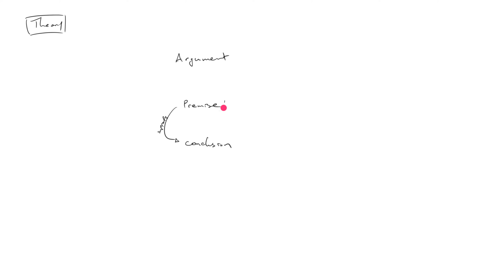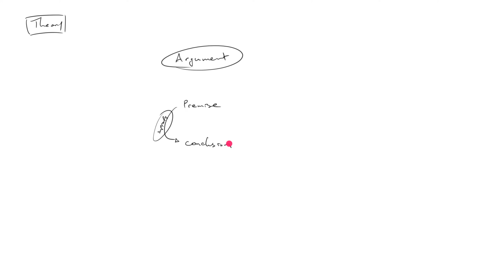Now you might wonder, what is a premise? What is a conclusion? See, I just defined one term with two other terms, and it doesn't really help if you don't know what this term means and you don't know what this term means. So the definition of these two terms is really simple. A premise is just a claim which supports another claim, which means that a conclusion is just a claim that receives support from some other claim. Pitch, catch. Gives support, takes support. Does the supporting, receives the support.